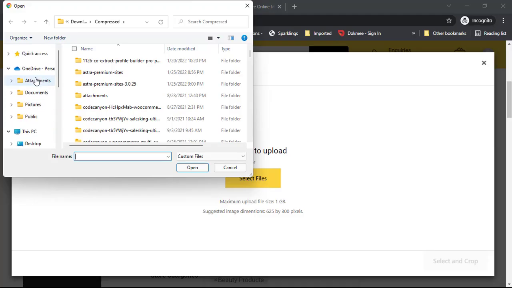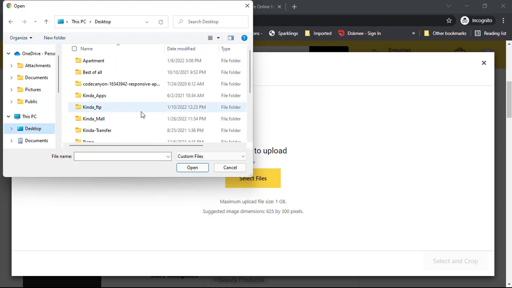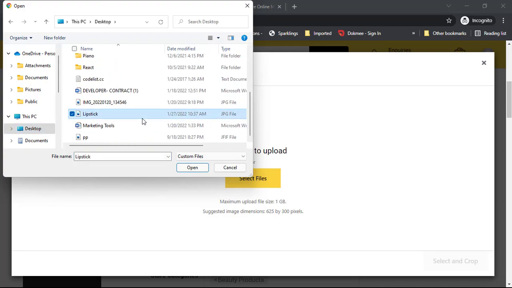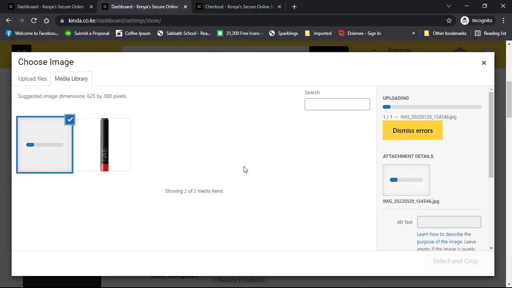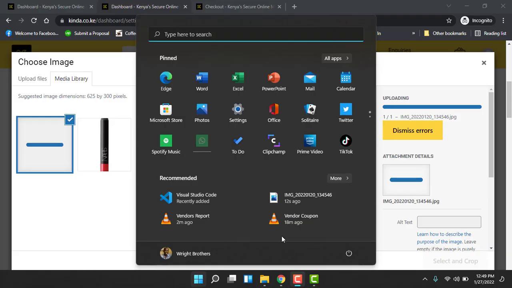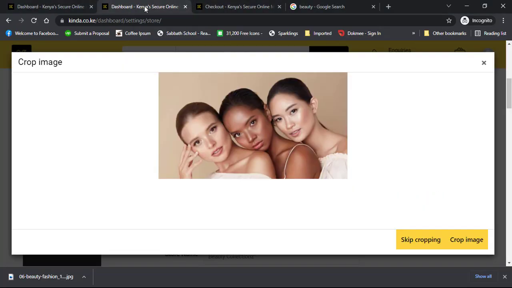So let me do that so that we can see. If I go to my desktop, I really don't know if I'm going to get a good image. Let me choose that one. So this is our image that we have just uploaded. Then we can crop the image. You can see that it is not